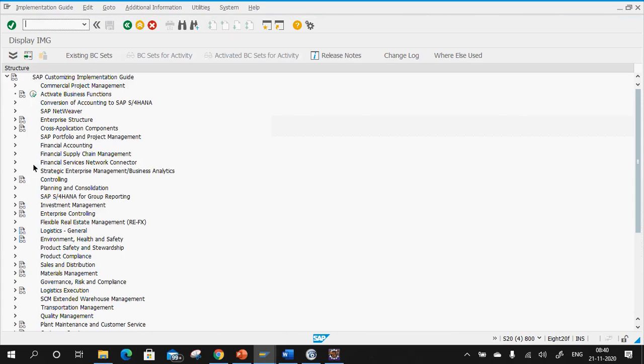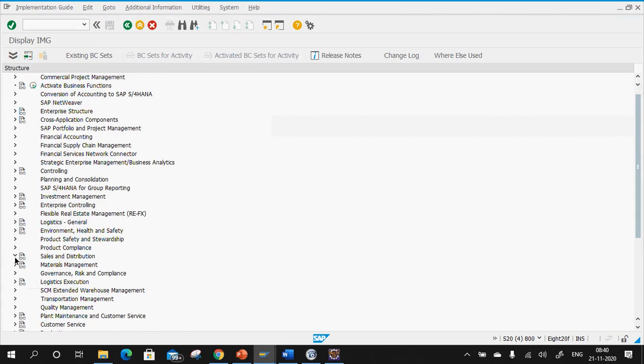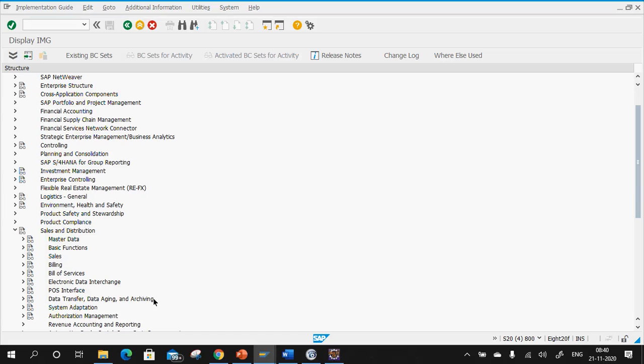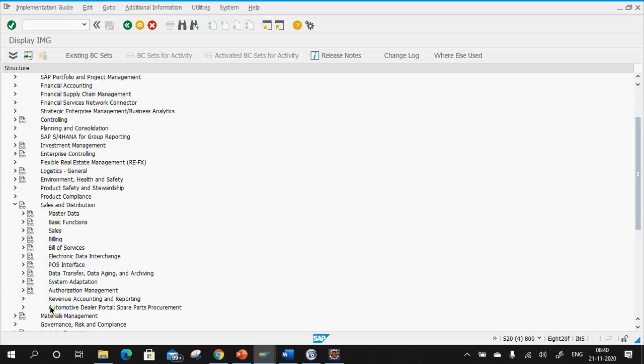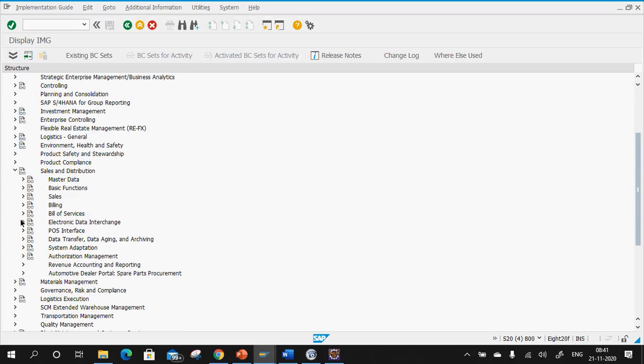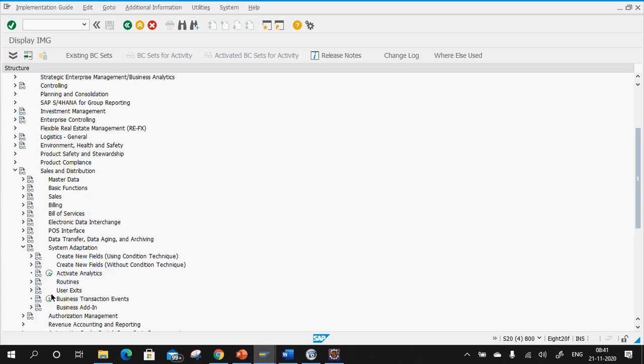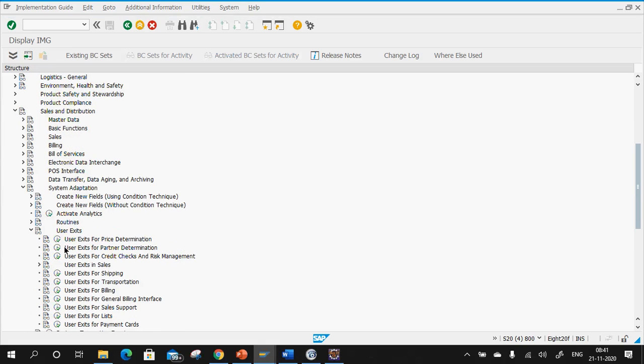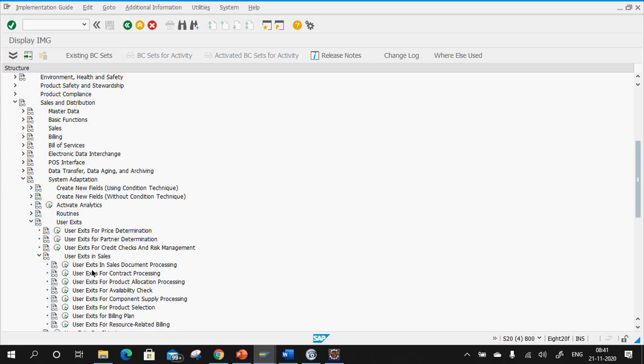Go to SPRO. Now go to sales and distribution. Once you go to sales and distribution, click on system modifications. Can you see your user exits? See here, user exits. So now user exit in sales. Click on this,